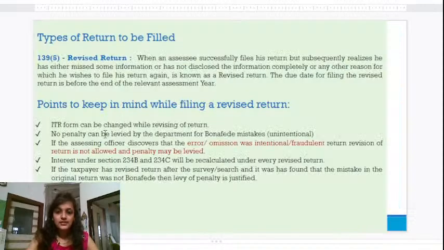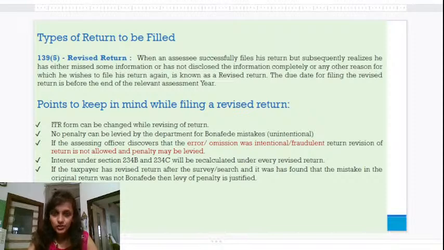Now comes another section, which is the revised return under section 139(5). If you are filing the revised return, in case the ITR was filed within the due date, but later the taxpayer realizes that there were some mistakes or omissions in the filing of the return. To correct these mistakes, there is a provision for revised return under income tax under section 139(5). However, a late or belated return is beyond the scope of this section and could not be revised. Revised return could be filed any time within 1 year after the pertinent assessment year gets over or prior to the completion of assessment, whichever is earlier.